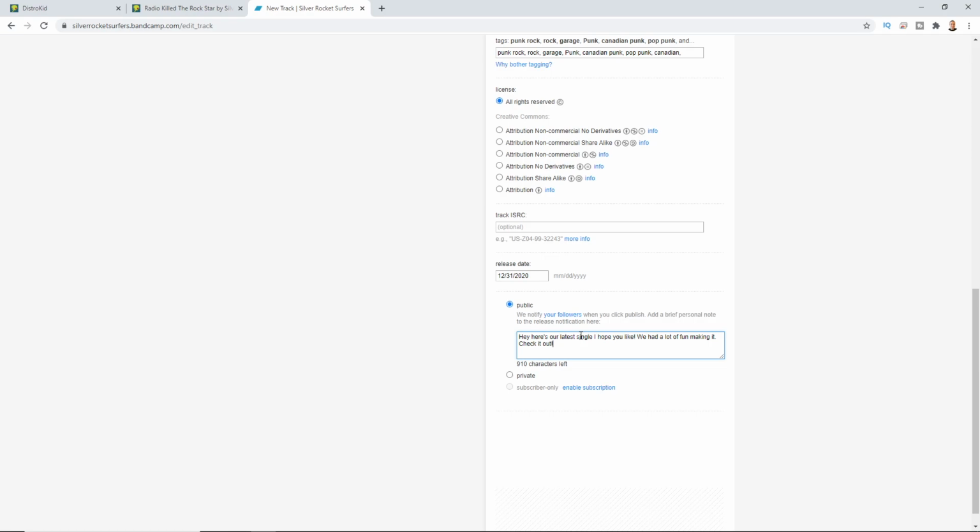You could put something more personal in there or more details about the song, whatever you want in there. But you put that in there, and it's going to send this in an email to all of the people who are following you on here. So in addition to giving you a site that you can post your music on, it also allows you to sort of build an email base, because you're going to email all of the followers on here. So that's really cool.